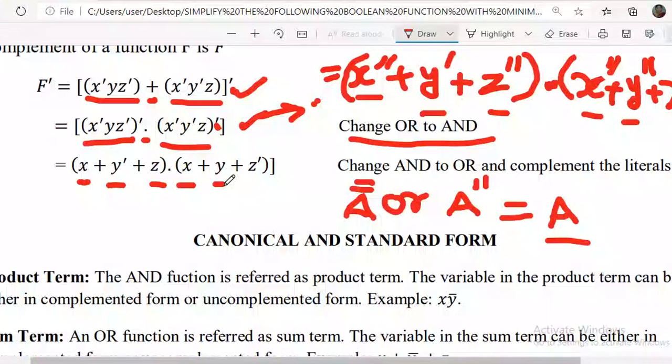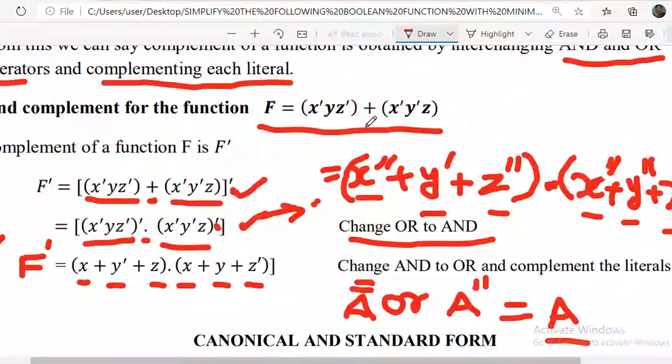So this is the complement of the function. Now we got the answer f dash, the complement of that particular function. You can check: two product terms are added in your question. After complementing, what did I get? Two sum terms. So this is called a sum term. X plus y dash plus